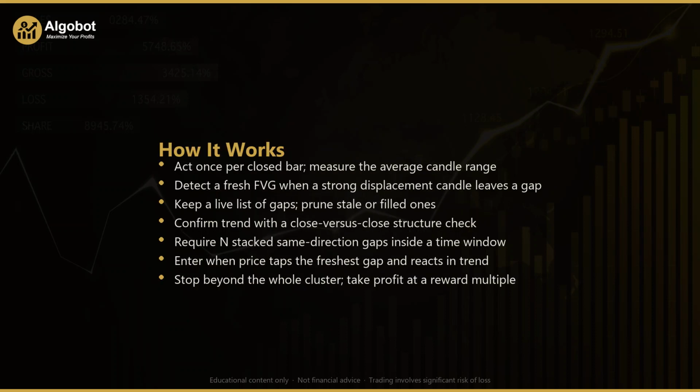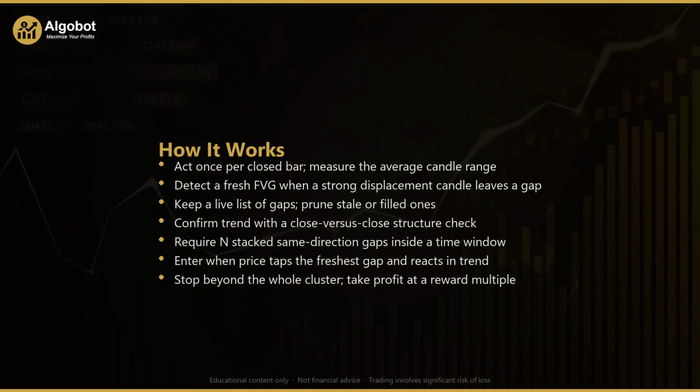Let's walk through the engine step by step. The EA acts only once per fully closed bar, so it never reacts to the noise of an unfinished candle. On each new closed bar, it first calculates the average candle range over a look-back window, by default, 14 bars. This average becomes its yardstick for what counts as a powerful move. Next, the strategy looks at the most recent trio of candles to detect a fresh fair value gap. It measures the body of the middle candle. If that body is at least the minimum displacement factor, by default, 1.2, times the average range, the candle qualifies